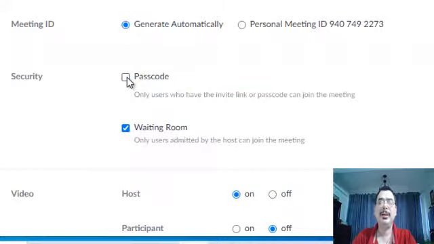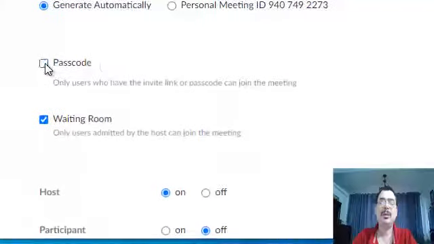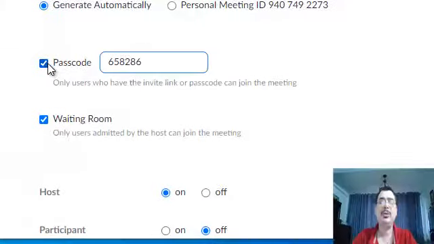But normally when you are entering through the laptop or desktop, it will ask for the passcode, and normally when you enter the meeting through the mobile, it will be one tap and you can go straight to the meeting. So here I can change the passcode I want. I am going to give 1 2 3 4 5 6. I can put any passcode I want. It can be 4-digit also. I can give 1 2 3 4 also.